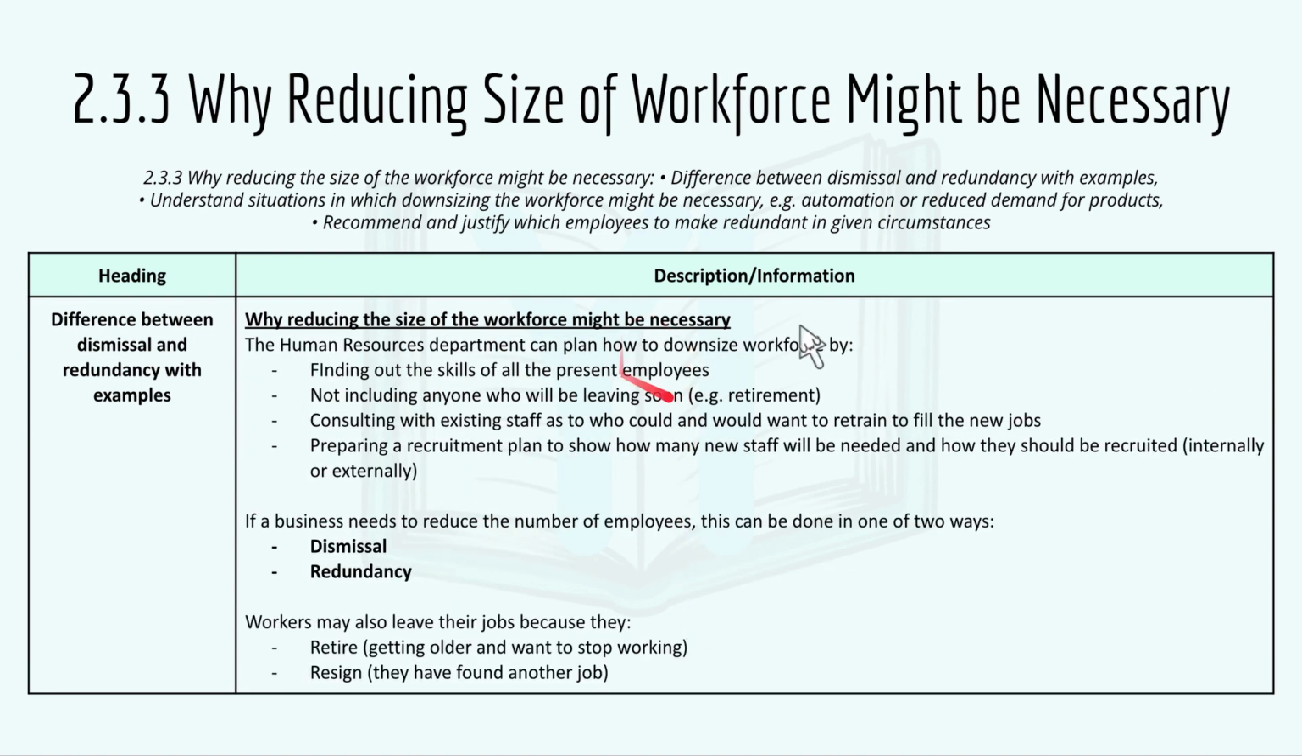And here's another piece of information. The HR department can plan how to downsize the workforce by finding out the skills of all the present employees, not including anyone who will be leaving soon, like retirement or any others, consulting with existing staff as to who could and would want to be trained to fill the new jobs, and preparing a recruitment plan to show how many new staff will be needed and how they should be recruited, whether internally or externally. If a business needs to reduce the number of employees, this can be done in either of two ways: